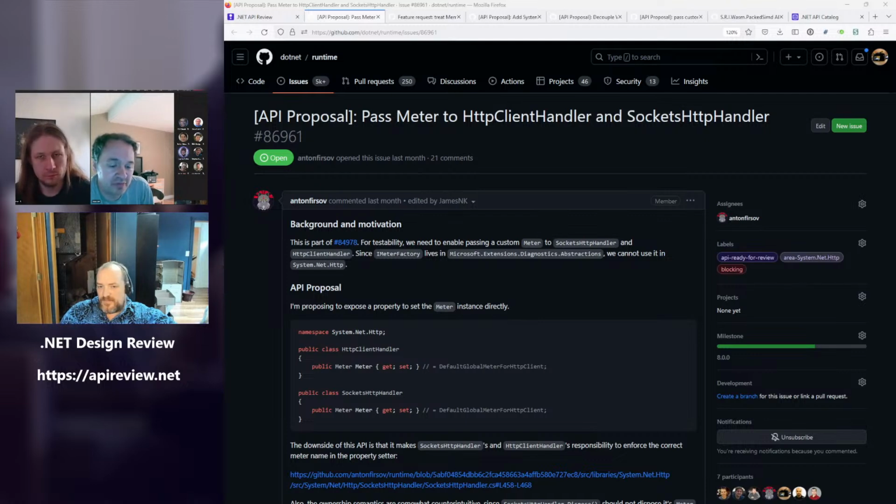Or if we want to be a Func<string, Meter> options to meter, like that's a thing you could do. We haven't done anything quite like this yet, right? Why would we do that? Why would we introduce another shape for IMeterFactory? Right. I mean, I would eventually drive to just moving it into System.Diagnostics, but yeah.